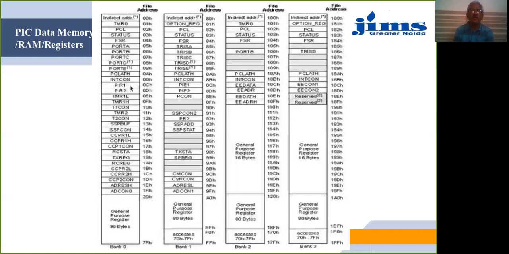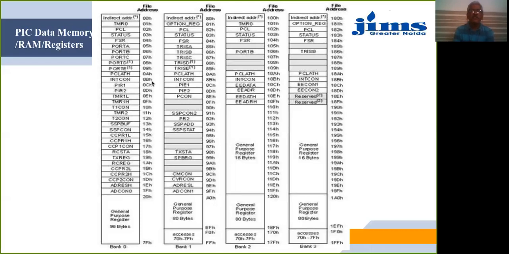Then you have PIR1 and PIR2 at addresses 0C and 0D, and PIE1 and PIE2 at addresses 8C and 8D. So we have seen that these interrupt registers are available within the register file of the PIC microcontroller series.